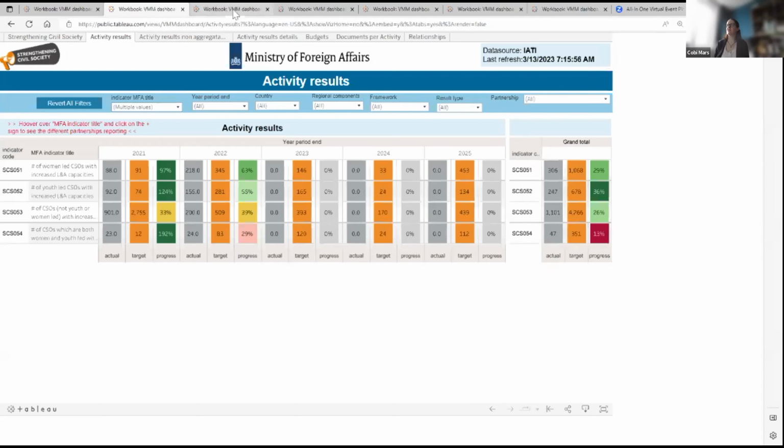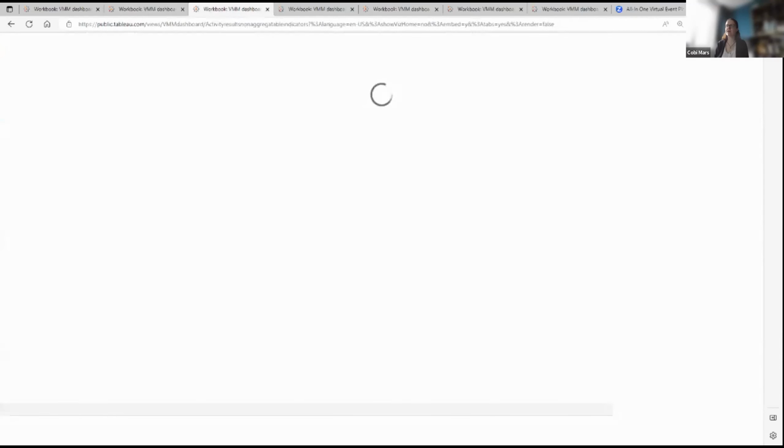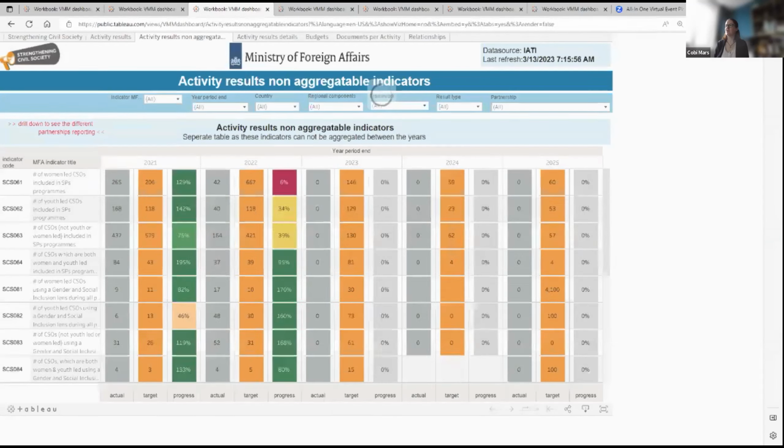Then we made an extra tab on some of the indicators which we will not aggregate across the years. This works similar to the previous tab, but only at the end there is no overall data because we don't aggregate the data, and it is something technical on monitoring, evaluation, and learning.